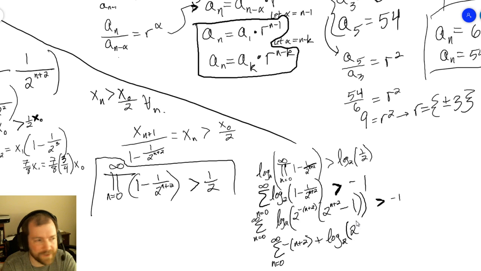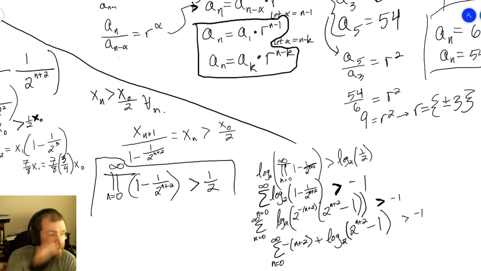All right, then 2 to the n plus 2 minus 1. We want to figure out if that's greater than negative 1. Now you've got an infinite series of something that's outside of